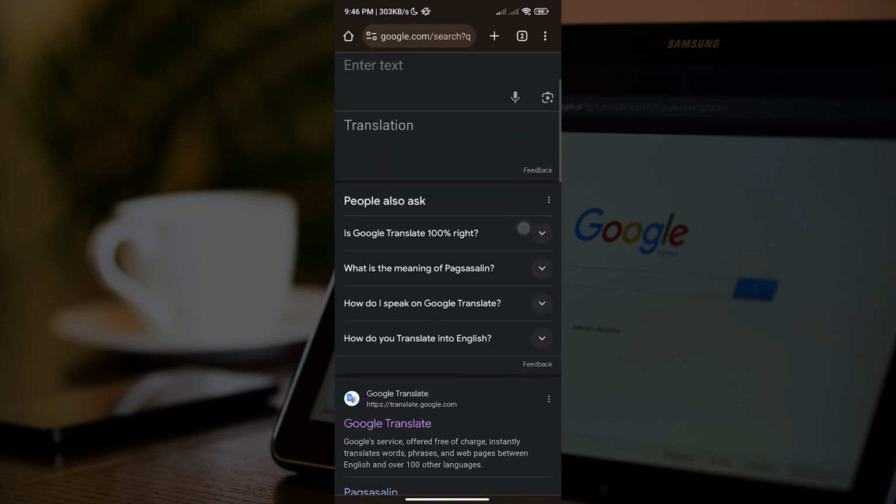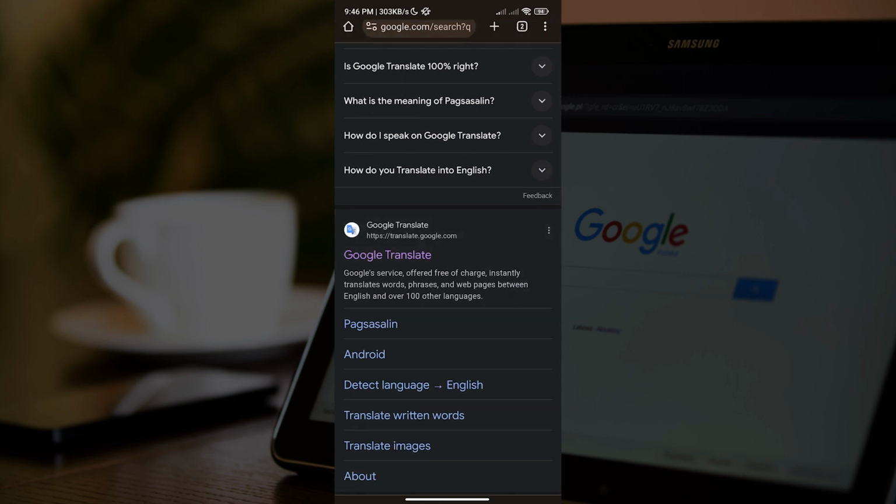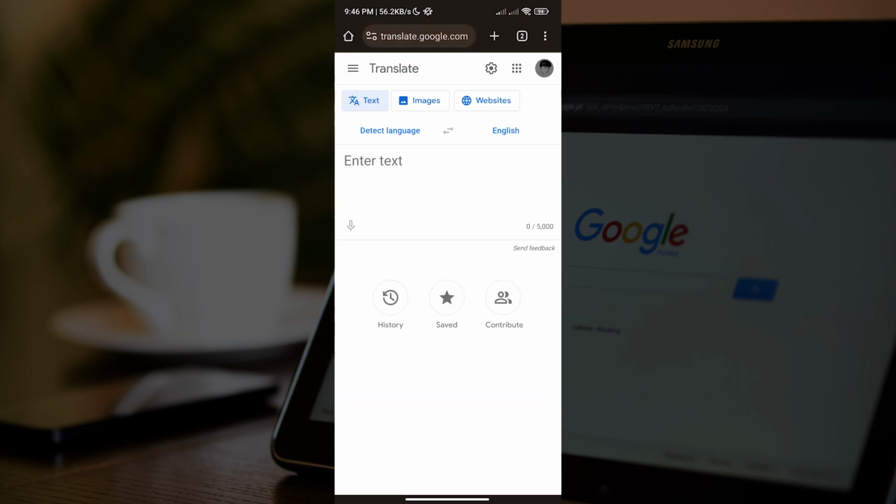Scroll down and open the website. Good. After opening the Google Translate website, what I want you to do next is tap websites and then change the language from English